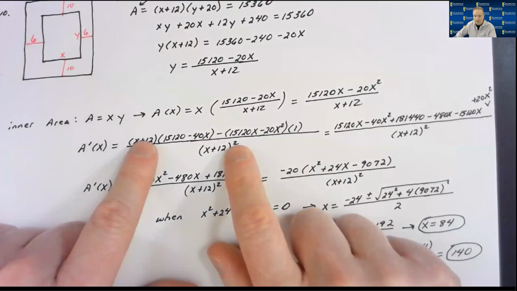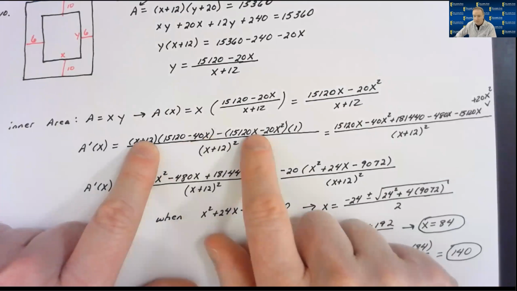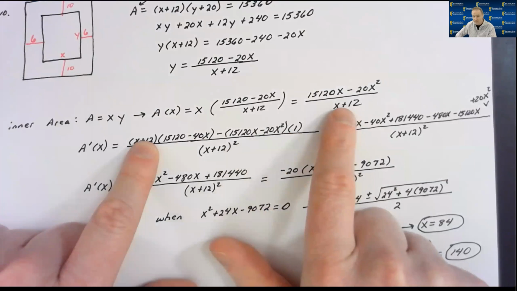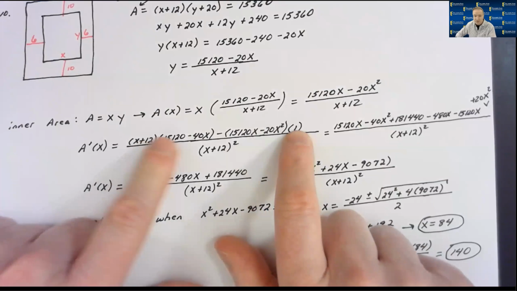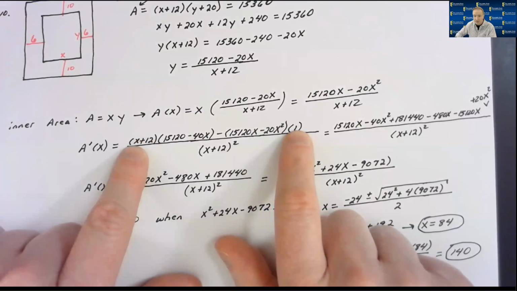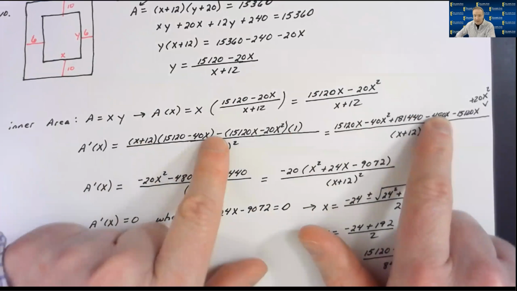I bring the denominator to the numerator, times the derivative of the numerator, minus the numerator times the derivative of the denominator, which is just a 1. After that, it was just simplifying, so I FOILed out the first two here, and that's where my first 4 terms came from. Then I know I'm subtracting